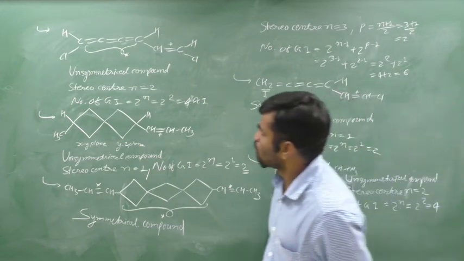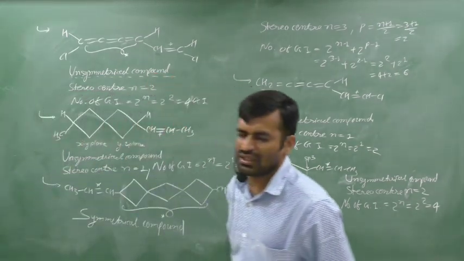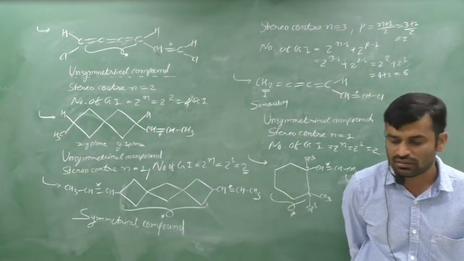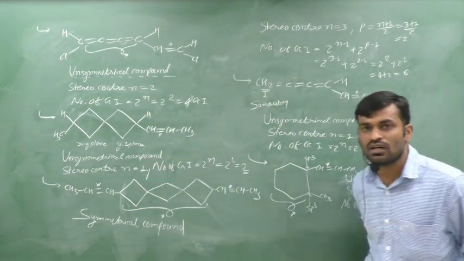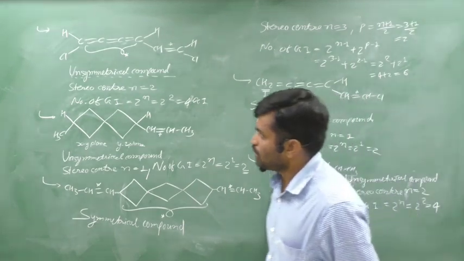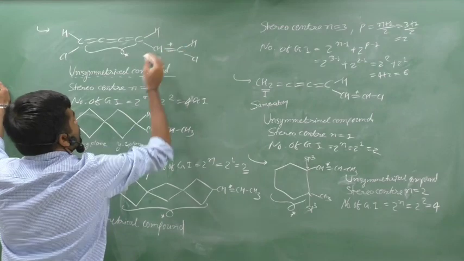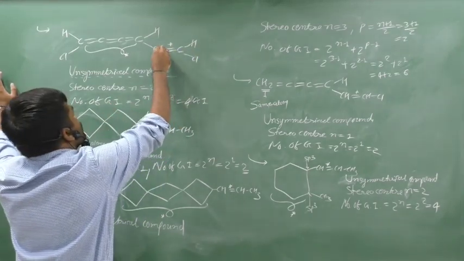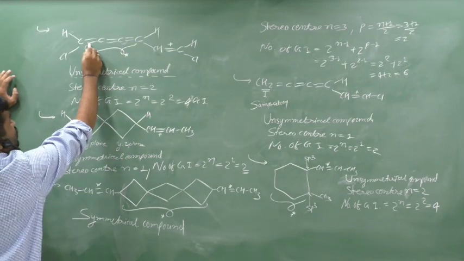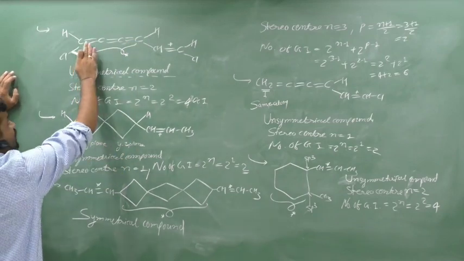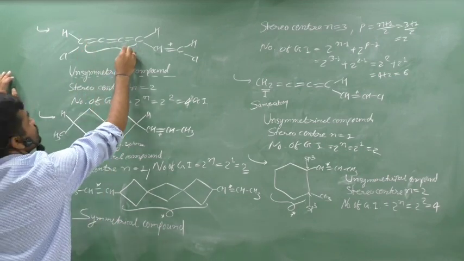If you think about the compound, it is very easy to detect that it is unsymmetrical. If you cut it in halves, it does not give two equal parts. Therefore it is an unsymmetrical compound. Now if you think about the number of stereo centers, the first one is very easily different: the pi bond is different, H and that. It is an allene. The number of double bonds is even. It is the xy plane, the yz plane, and the xy plane. Clear? Therefore this system shows the GI.